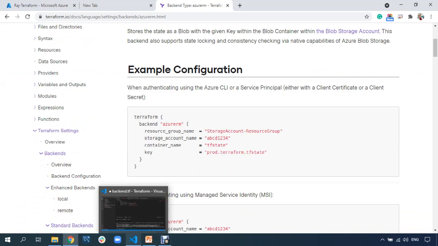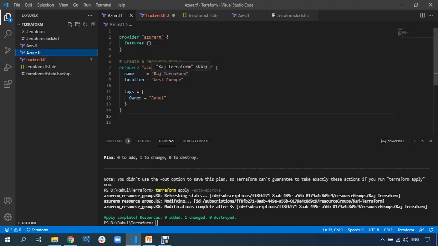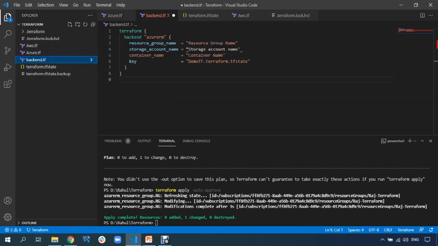Okay. So for this backend, you need a storage account where this backend code will be kept and a resource group name. So I'll use my own resource group. I have a resource group, and I'll use it for this backend. And I need a storage account as well, right? So I'll create a storage account using Terraform itself, and I'll use that storage account. So I'll put it here, storage account with a container.